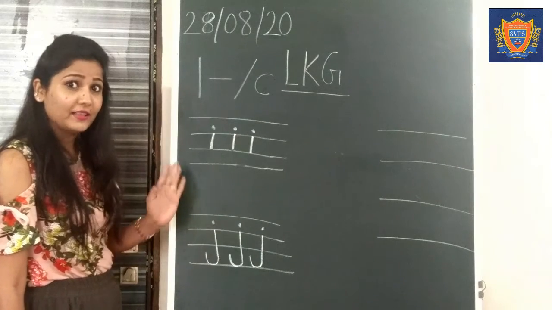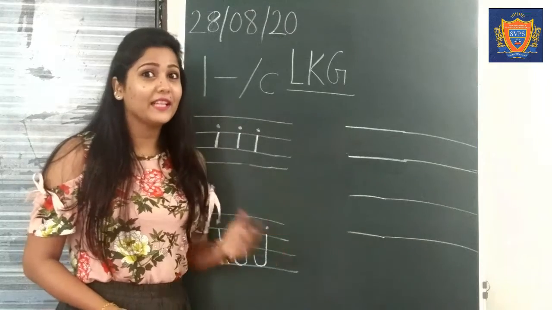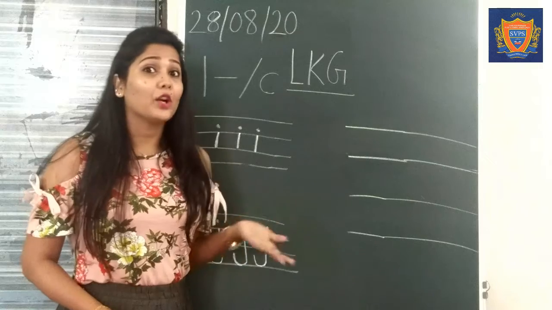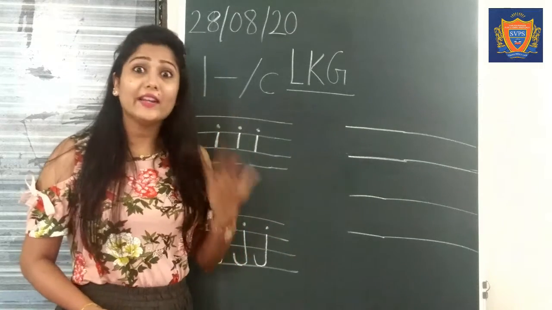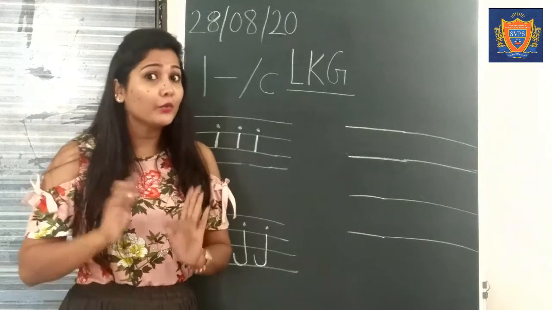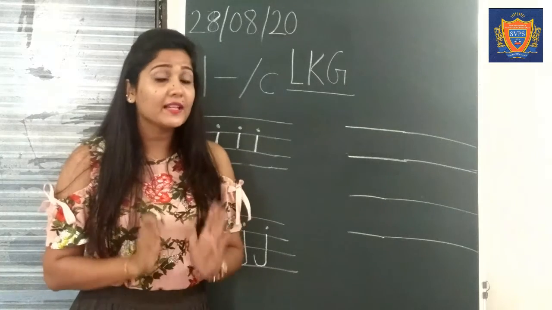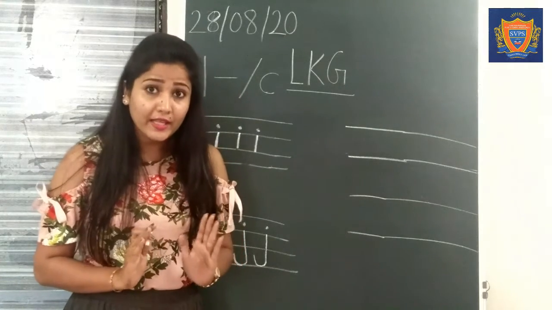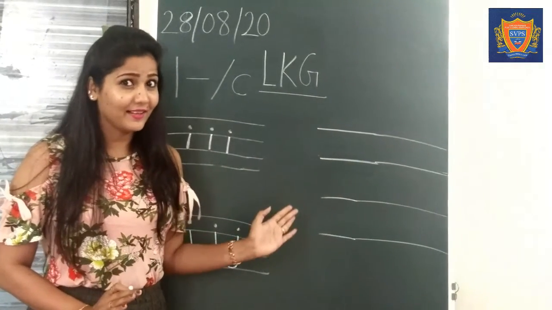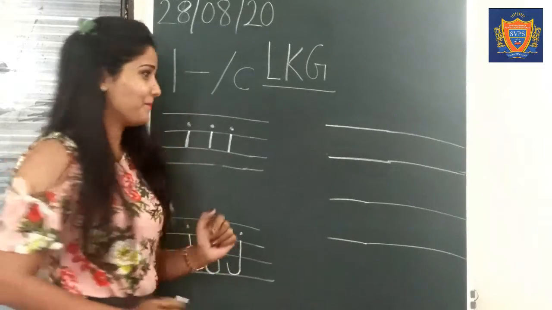Our today's letter. Now let's start with our Hindi akshars. We have completed a, E, U. And what comes after U? Ri, Rishi. But Ri, Rishi is a little tough to write. So we will learn Ri, Rishi after some time. For today, we are skipping Ri, Rishi. And we are starting with A, Erika and then I and a Ka. So come, let's see how to write A, Erika.